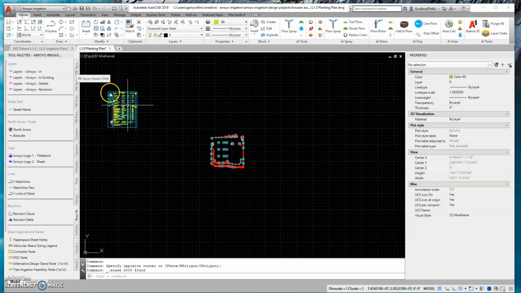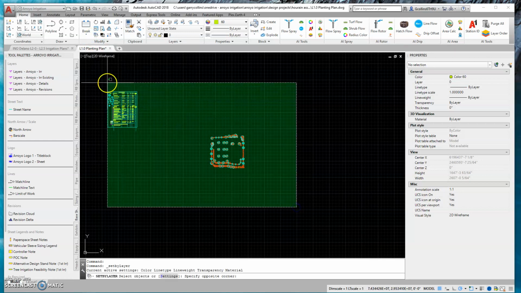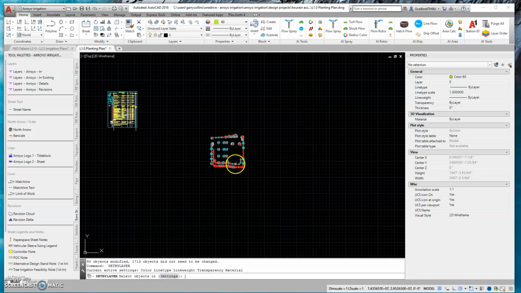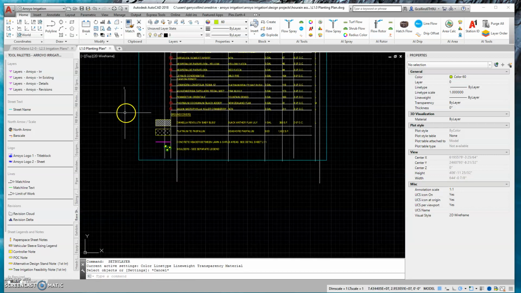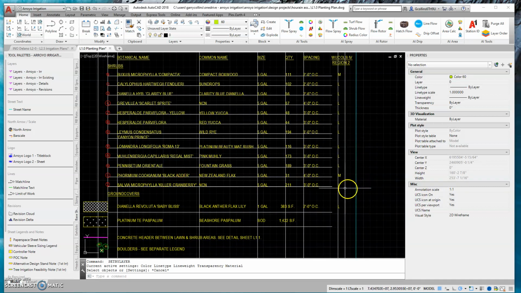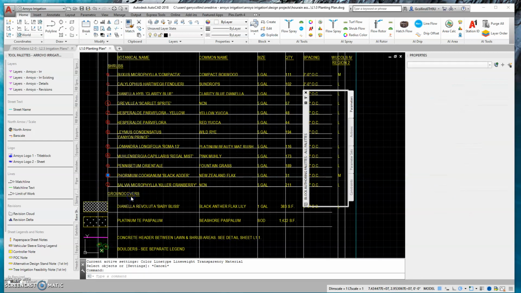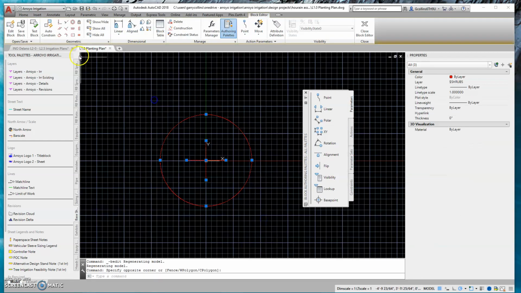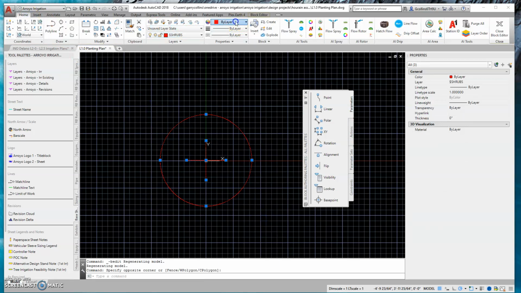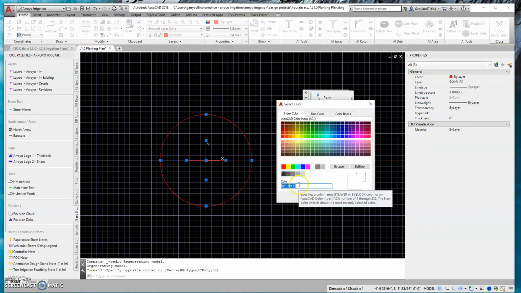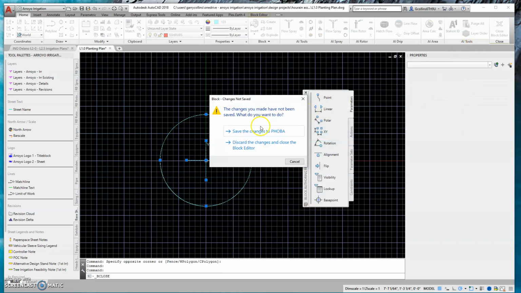And then an important step in all these is you want to use the set to by layer. So the SETBYLAYER command. When you do that, that makes sure that nothing has its color overridden. And then I come in here and you can see then we're going to come to our moderate plants. I'm going to make these 131. And